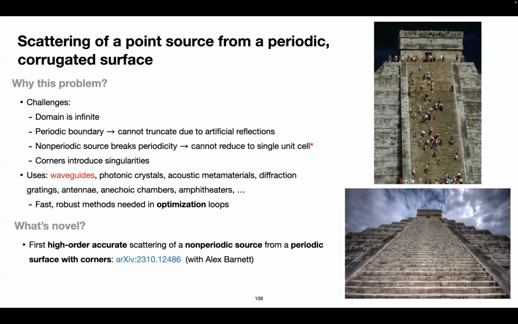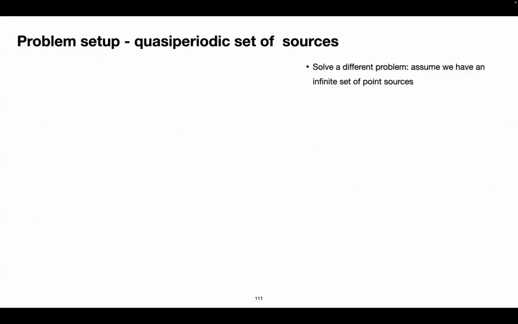So what I'm going to talk about here is the results from this paper. It basically details the accurate solution of this PDE problem. What it's going to use is the concept of something called trapped acoustic modes, which I'm going to explain a little bit later. And in the process of solving this problem, we actually managed to explain that phenomenon that I talked about earlier: why footsteps sound like raindrops at this temple in Mexico.